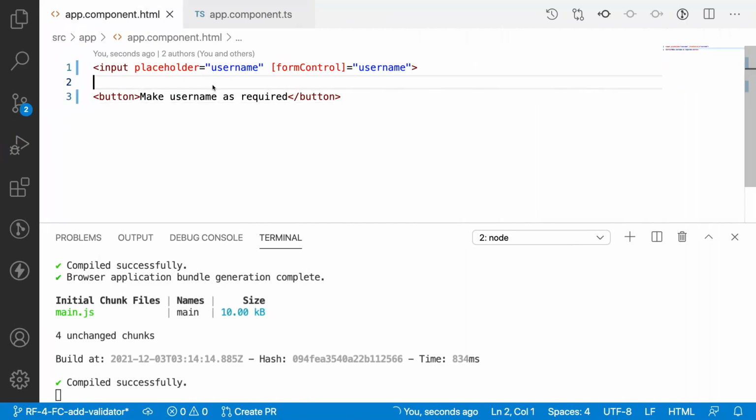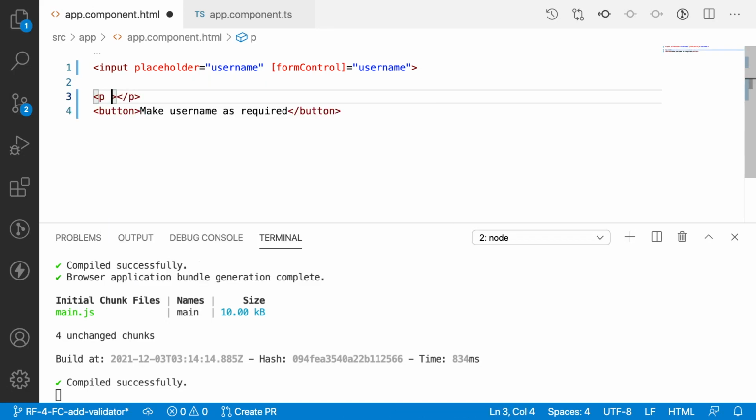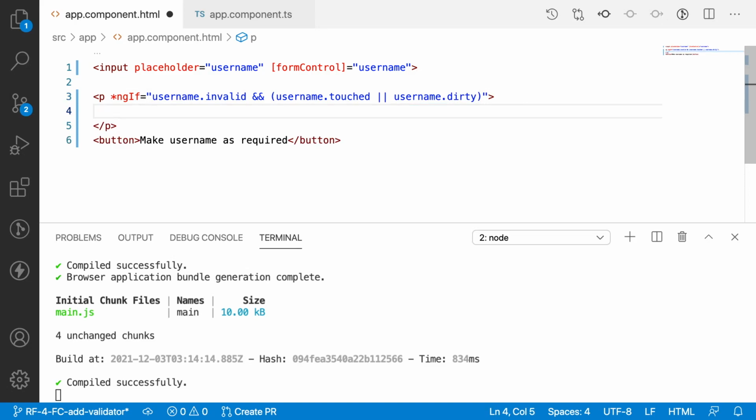So in this case, I want to add some validations to this button and show an error message. As we know from our previous video, we validated our username using properties like ngIf equal to username invalid, and also whenever the username is touched or made dirty, then I need to show the error message.